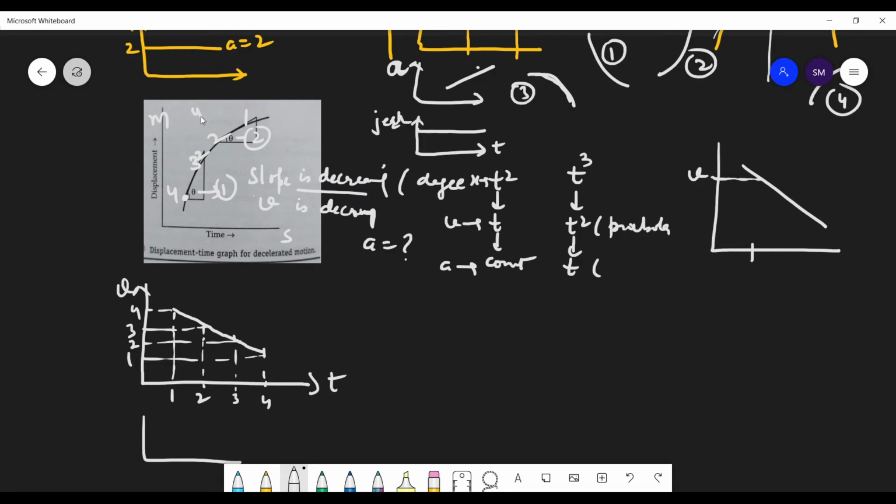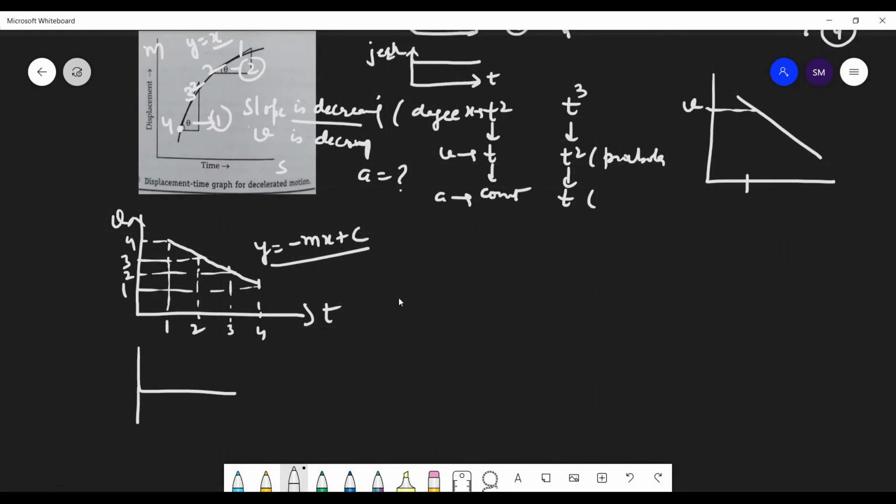So this equation, I am assuming y is of degree 2: ax square plus bx plus c, whatever it is. Now this equation will be y is equals to minus mx plus c, since the slope will be negative. Now see here, what is the slope of this line? The slope of this line will be negative. So what graph will you be getting here, students? It's a constant slope. Sir, how much is this slope? See the angle that it is making. This is theta, so it is tan 135 degree.